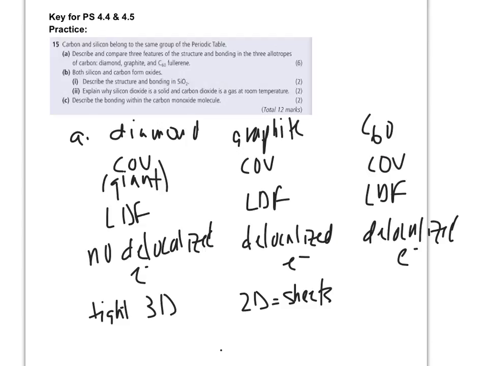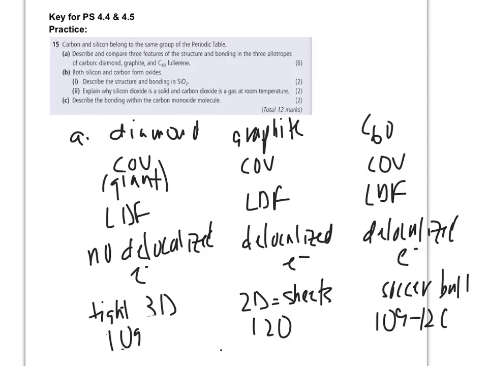And then the C60 is like a soccer ball shape. It's alternating pentagons and hexagons, just like a soccer ball. Bond angles are going to be 120 for diamond. They're going to be around 109. Oops, I'm sorry, it's going to be 120 for graphite because that's the two-dimensional one. And it's going to be around 109.5 for diamonds. And for the C60, it's going to be 109 to 120 depending upon which of those spheres you're in, a